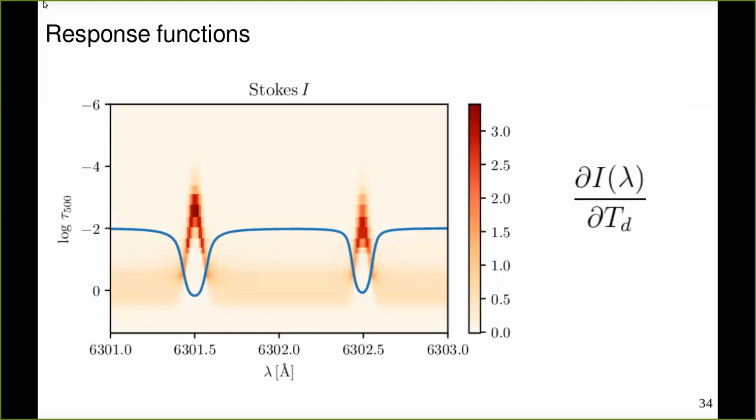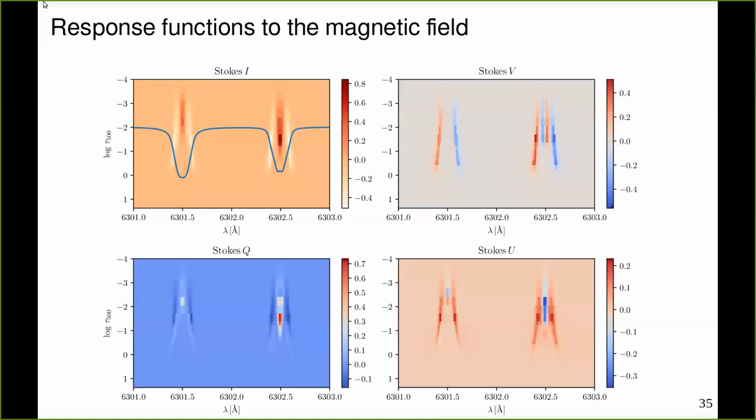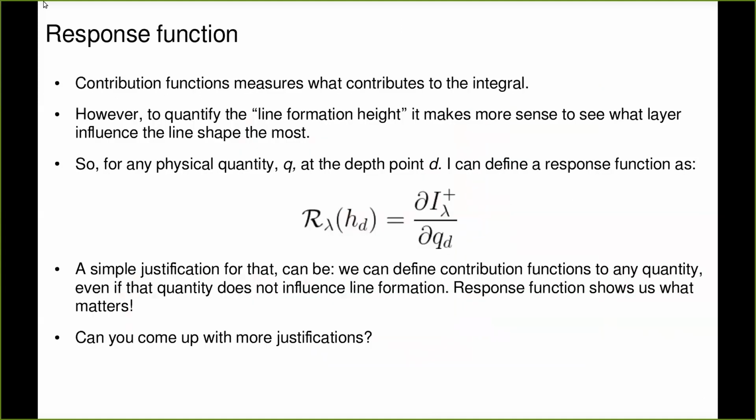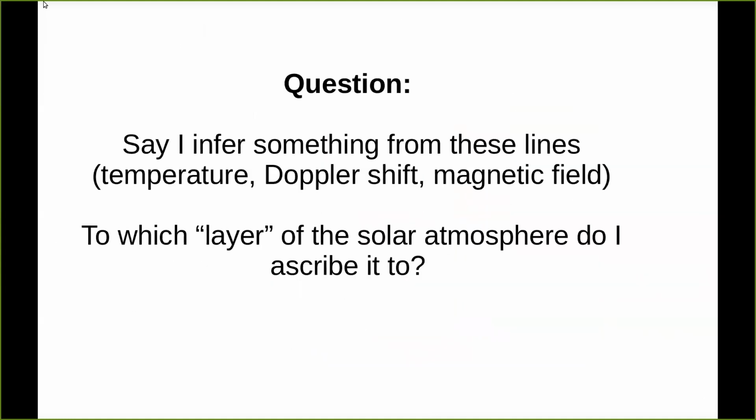So these are now the response functions plotted. Okay, I'm sorry about this. Plotted for different coordinates, plotted for something that we call continuum optical depth, for these Hinode lines. And we see that they look sort of similar to the contribution functions that we have seen before. But if I plot them for various other parameters, they're going to look much, much more different. But we're going to leave this for next class.